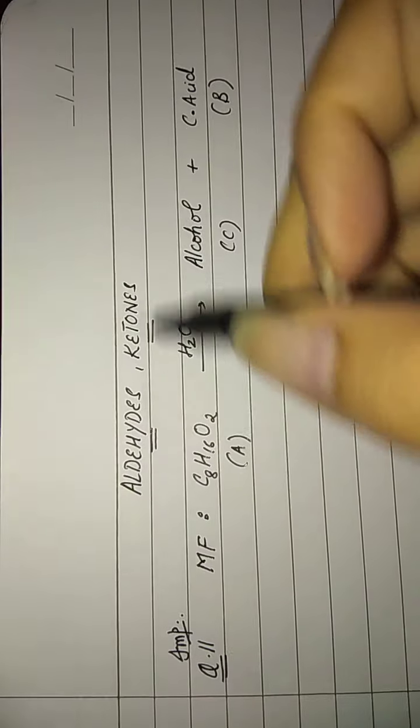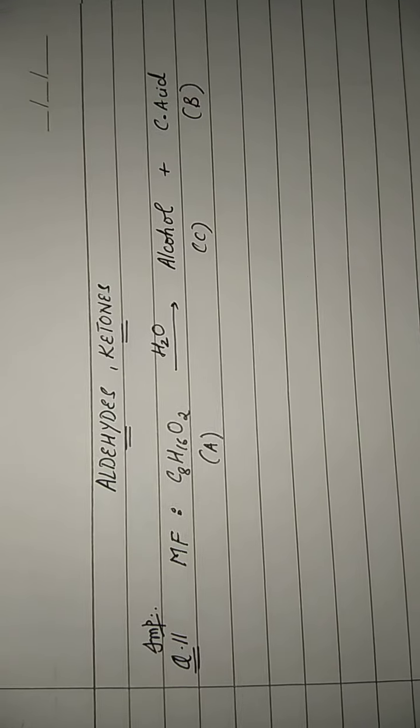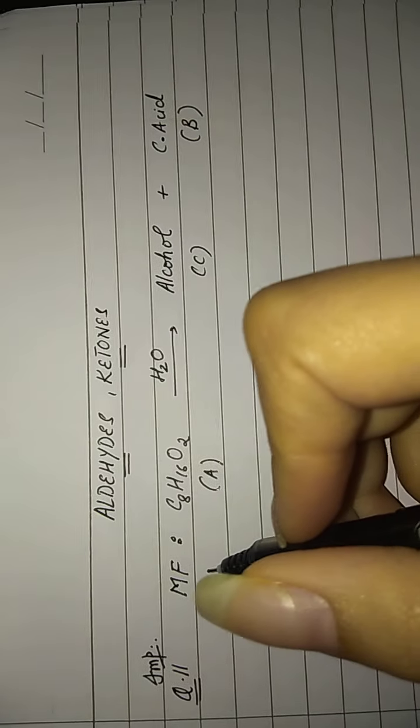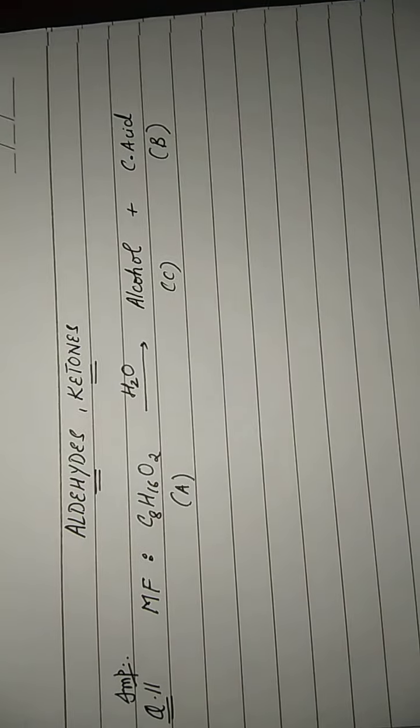Discussing question number 11 from the back questions of aldehydes and ketones. Again, it is a word problem and very important. Most of the time word problems are important as far as boards are concerned. Okay, now this word problem says that they are giving you an organic compound A,